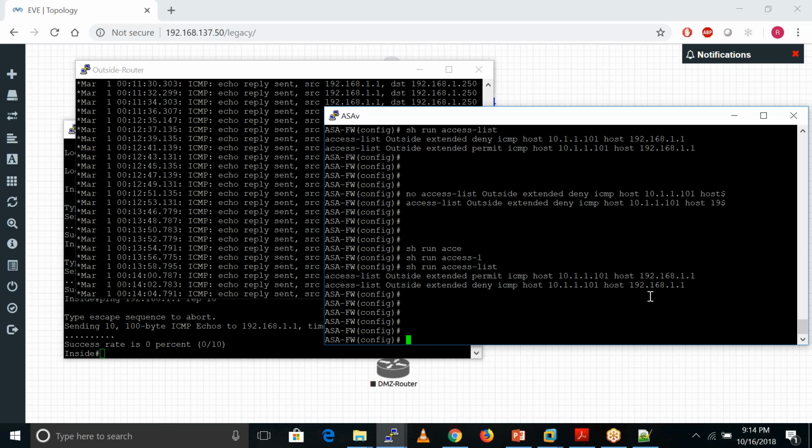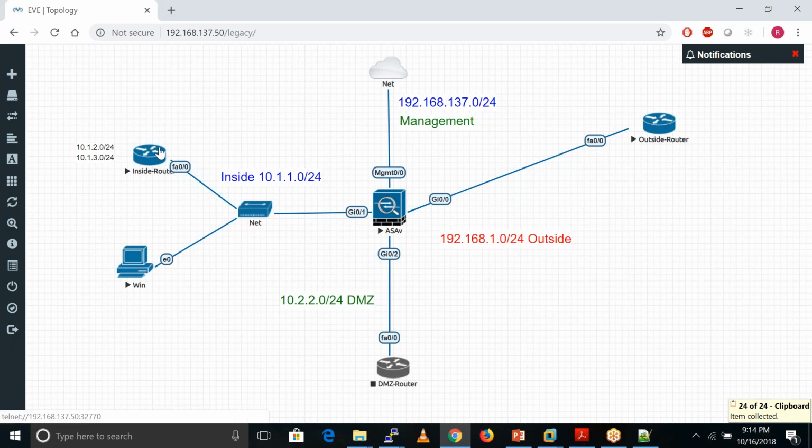The thing is, we have put the source and destination wrong here. This is the source, this is the destination. When traffic goes from this guy to this guy, the source is 10.1.1.101 and the destination is 192.168.1.1. That traffic is allowed from high security level to low security level; all the traffic is allowed.